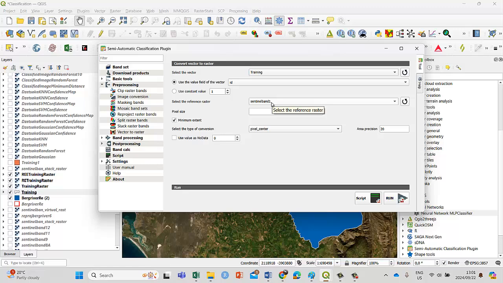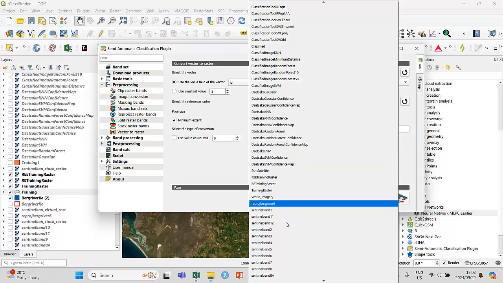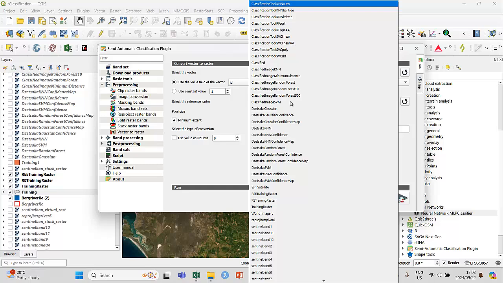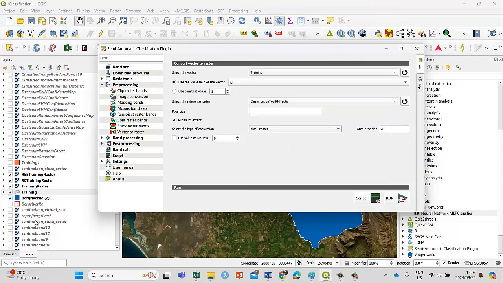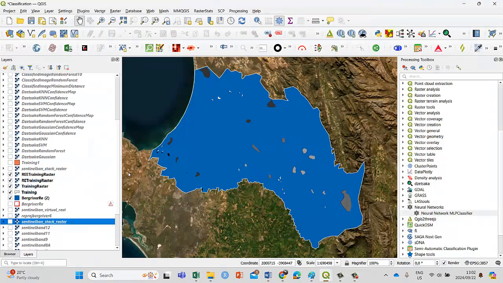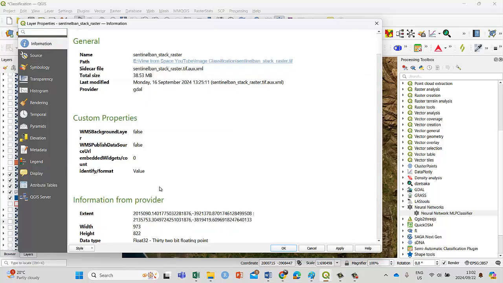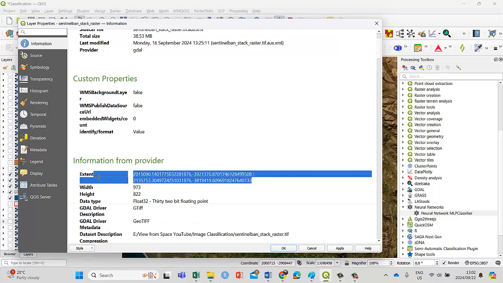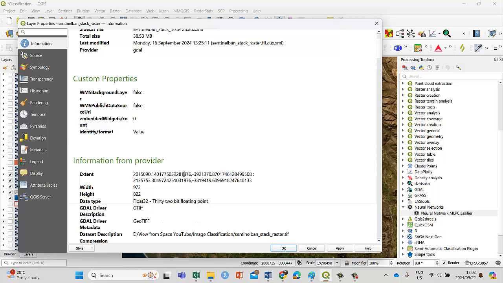I'm going to first rasterize it based on, you see, if we don't have the band stack here, we can't use the band stack extent, because it's not here. Now, interestingly, the band stack, which is the one that I just showed you, if you go to information, there it sits: 1876. So just remember quickly, 1876. That's the extent of the